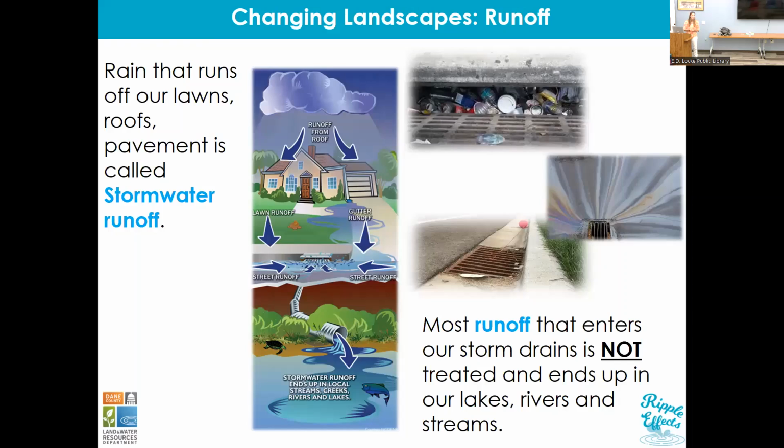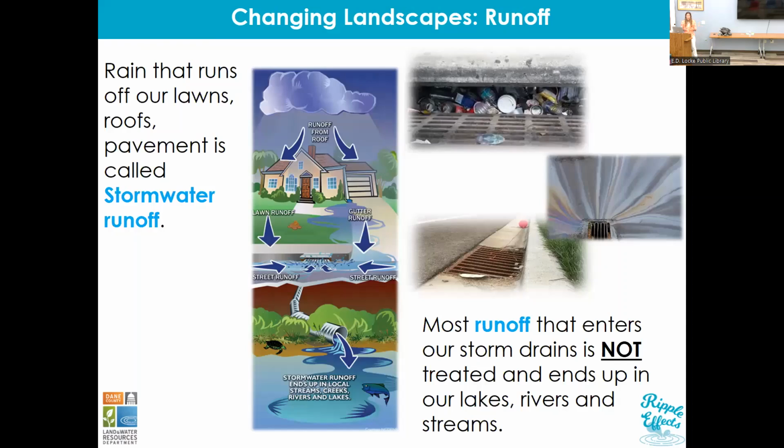You probably don't notice them. I'm sure you know what they are, but you probably aren't looking for them. They're designed to be kind of invisible, and they're designed to take water away, to make sure we don't have streets that are flooding. Unfortunately, that water carries other things with it. Whatever's in its path, it'll carry with it. It can carry gases and oils and pollutants and even garbage. It's pretty powerful. So whatever goes down those storm drains ends up in our lakes, rivers, and streams, primarily without